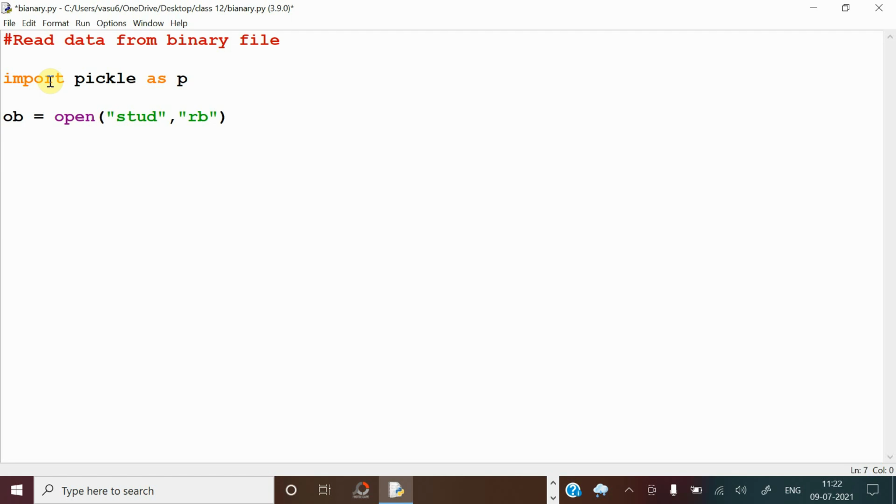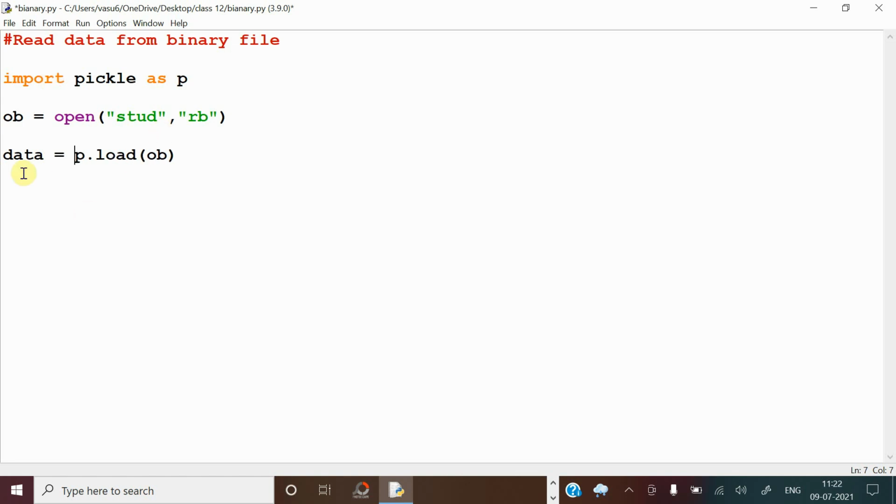Now you have opened the file successfully, ob is the file object. Now I want to read the data. For reading data from the binary file you have to call the function load, which is available in the pickle module. So p.load, where p is the alias name for the pickle module. In load you have to give the file object name as the parameter. It can be kept in one variable, data.